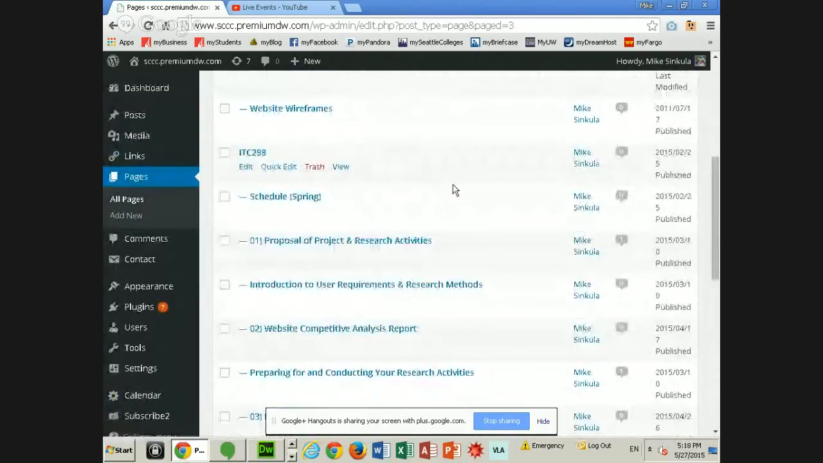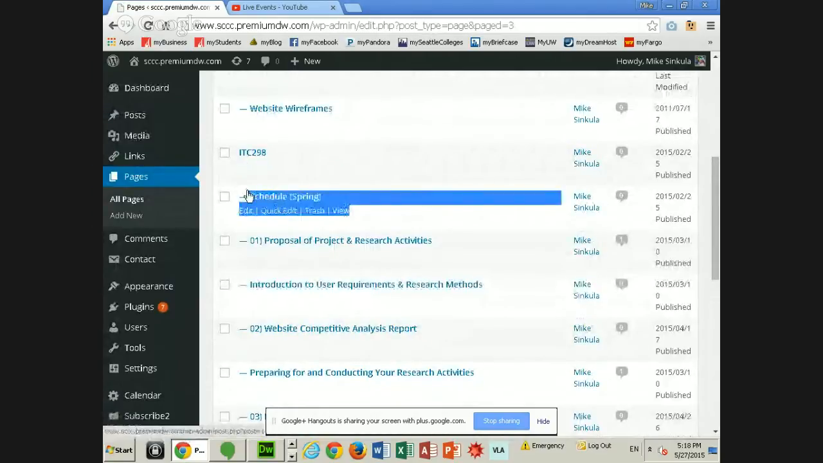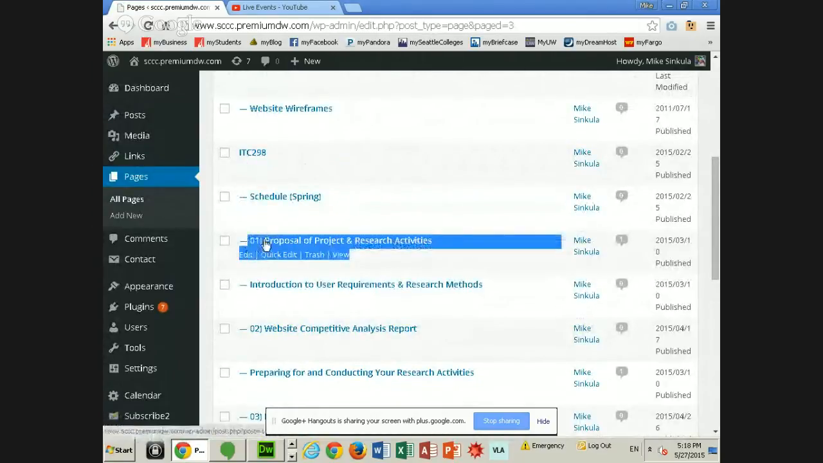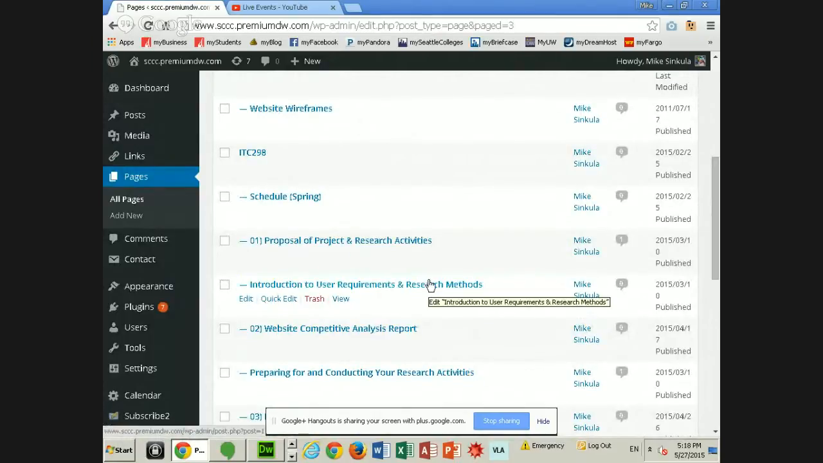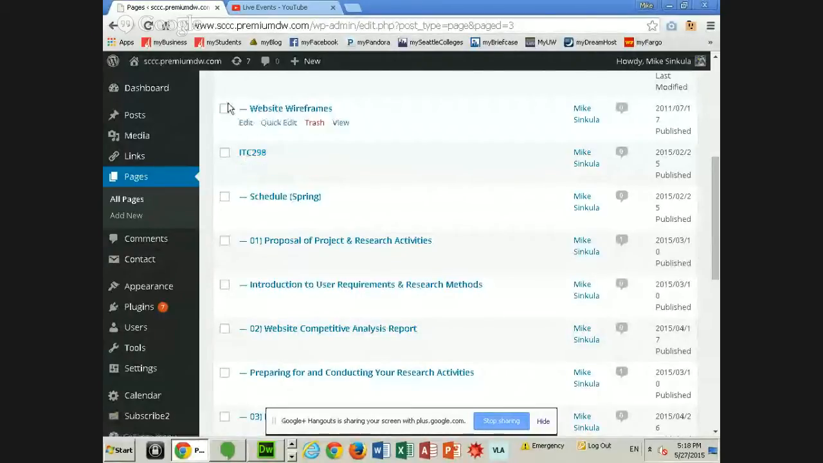You can see in my page tree, schedule, spring 01, proposal, project activities, introduction to user requirements. This is a lecture, this is an assignment, this is the schedule under the class. So they're all at the same root level, they're all just subpages to the parent page of 298. So how then do I